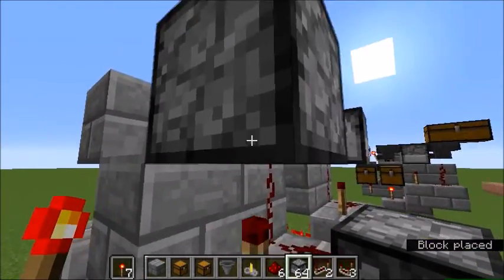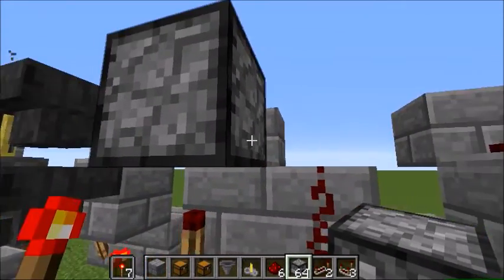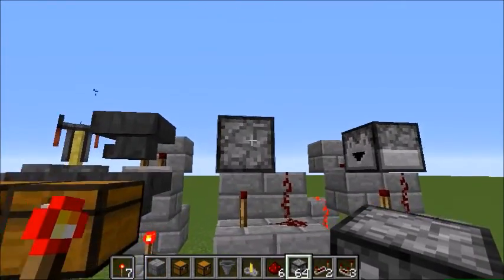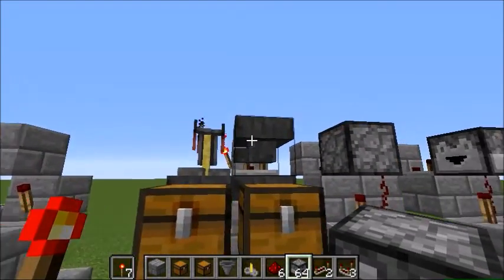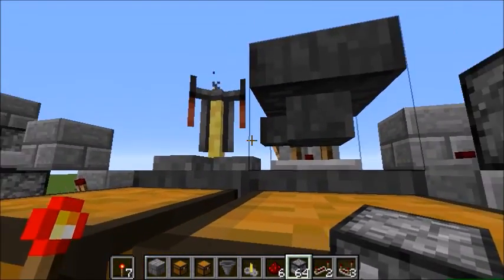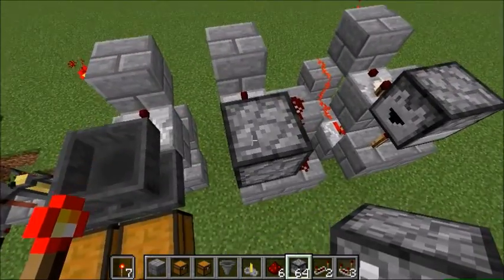Dropper. There you go. Oh, it's facing down. That wouldn't work, but you get the idea. As long as you place it however you want, because if you're on the corner, you might want it shooting off this way. Or if you want to carry things over this, so that, like, reverse this, you have a